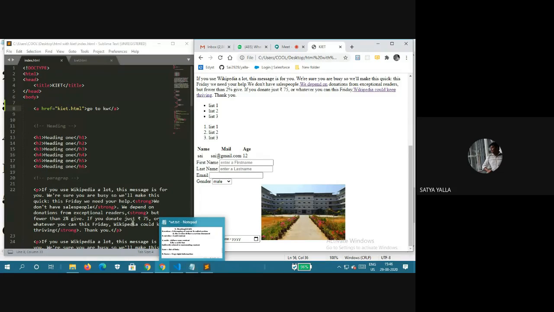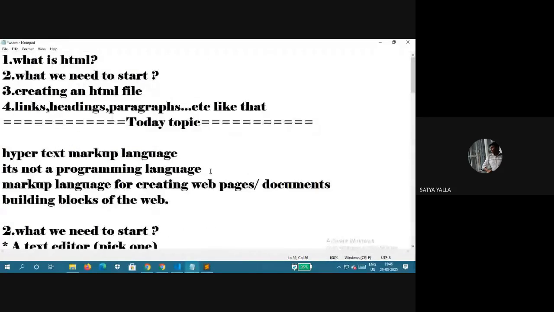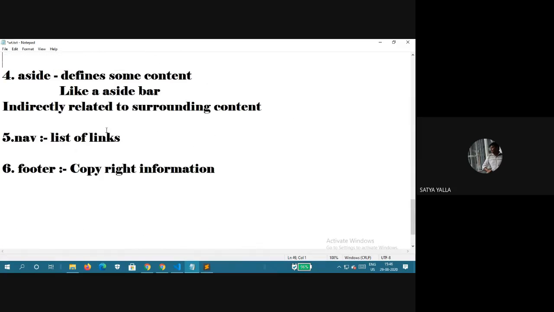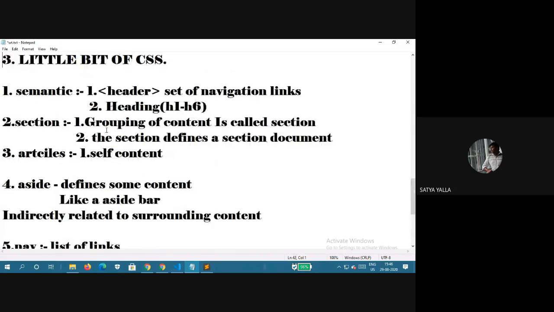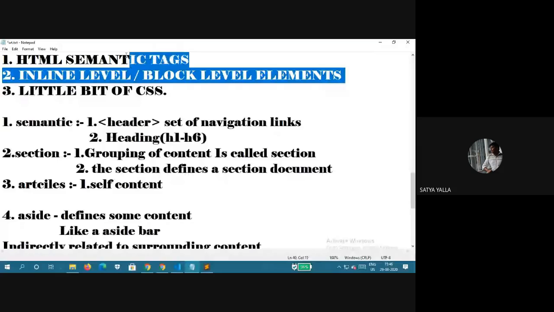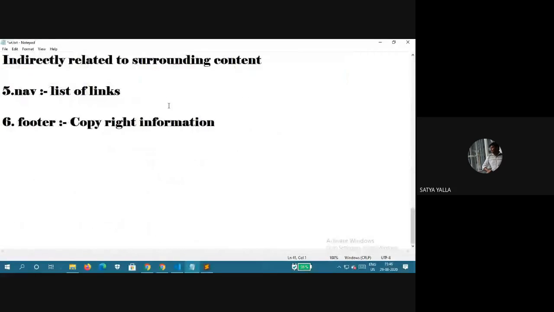Okay. I think I completed my first topic, semantic tags, and next, okay, inline and block level. Yeah. So inline and block level, guys, it's not that much important, but it is important to know what the inline level and block level elements are.